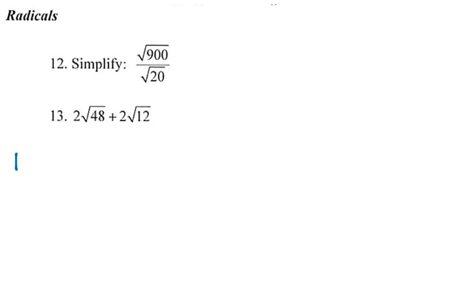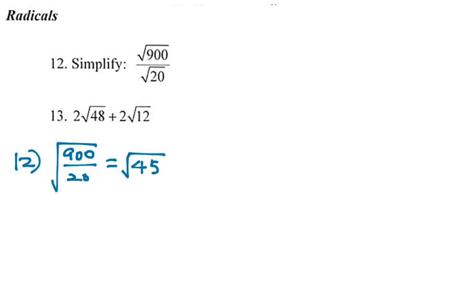So when we want to simplify the radicals, what do we do? In the case of number 12, it's recommended that you multiply or divide first before you simplify. So here, I'm going to rewrite number 12 as the square root of 900 divided by 20. Now, if you divide 900 by 20, you will see that it is in fact equal to the square